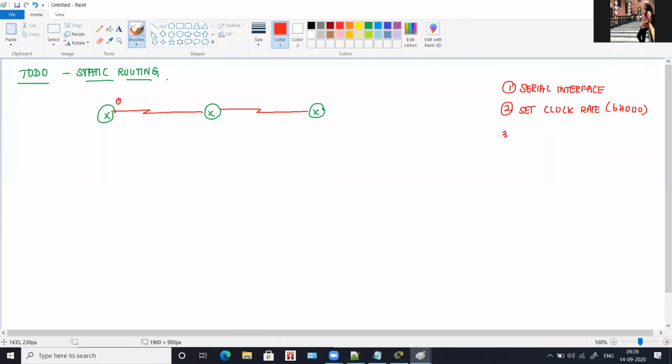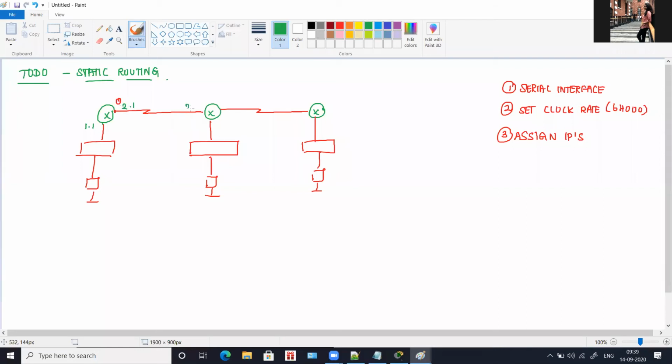Okay, and then you have to assign IPs. In this step itself, you can start adding your switch and your computer. Now you have to start assigning IP. For this interface, you have to choose fast Ethernet and assign 1.1. You have to choose serial interface and assign 2.1.